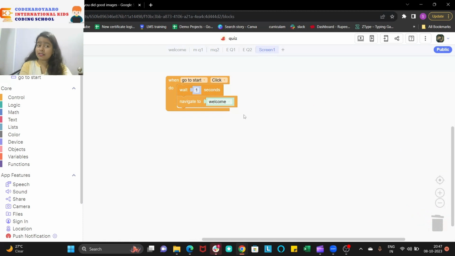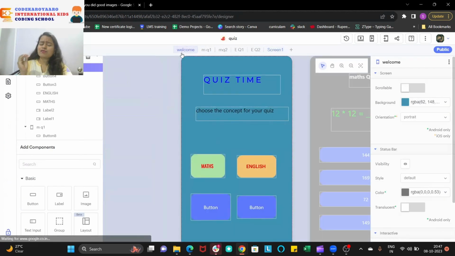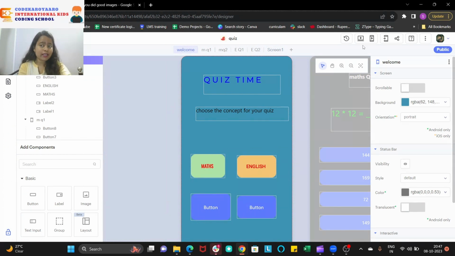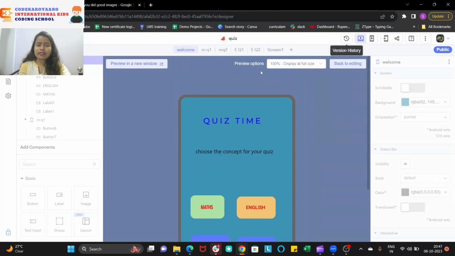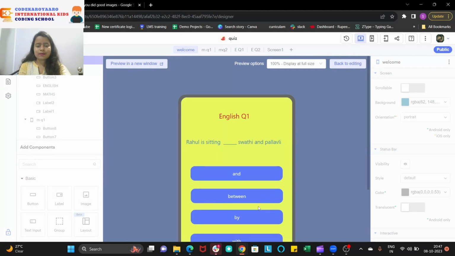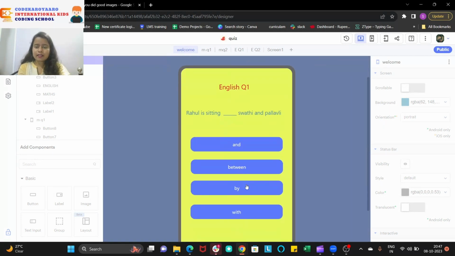Okay, now this is the thing which I did. Let's see now how it works. So I made a small upgradation. Hope everybody understood what I did over there. So I'm going to click on this. I'll go to English. So Rahul is sitting between Swathi and Pallavi. So between,